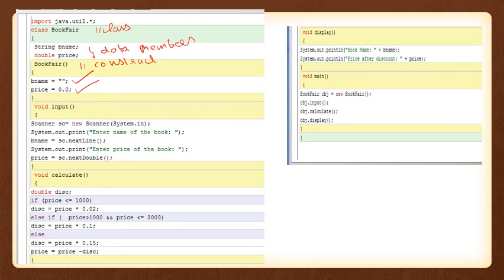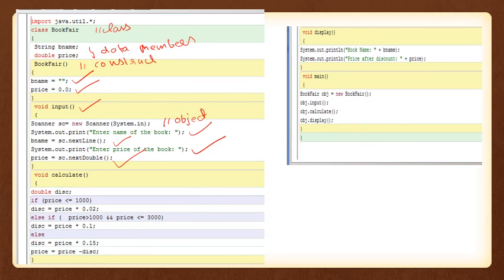Void input. In input define a Scanner class object. Then enter the name of a book, bname equals sc.next line. Enter the price of the book, price equals sc.nextDouble.